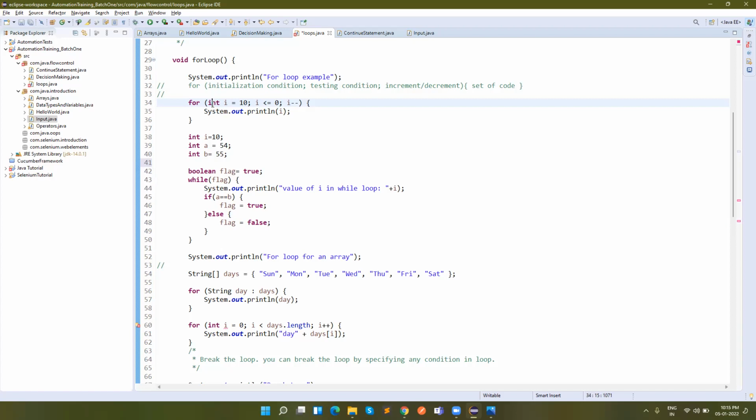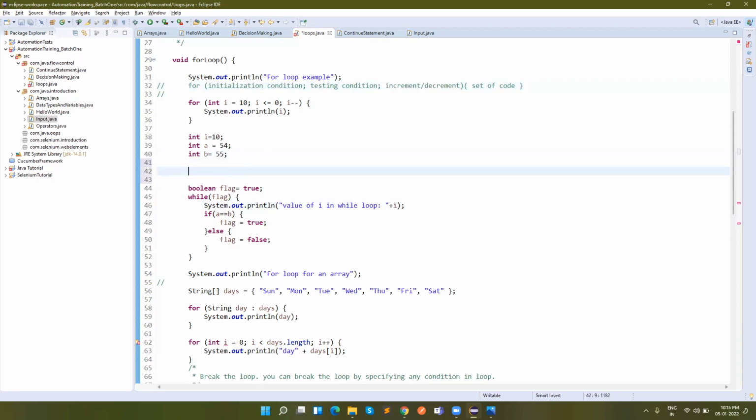In the for loop you can see that we have used the initialization: we initialize one variable, whatever variable we are going to use in the condition, then we write the testing condition, semicolon, and then we use the increment or decrement operator for the initialized variable. That we don't do in the while loop.